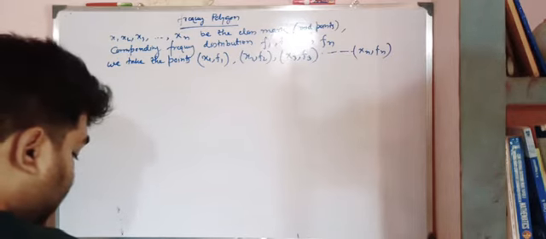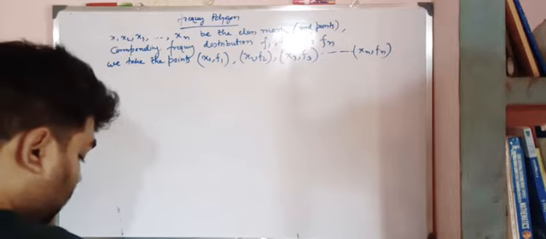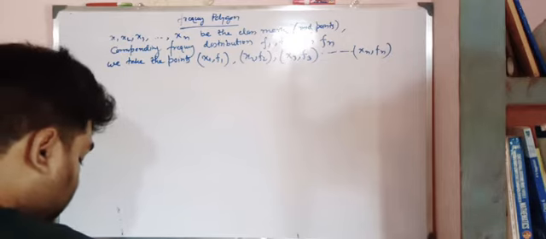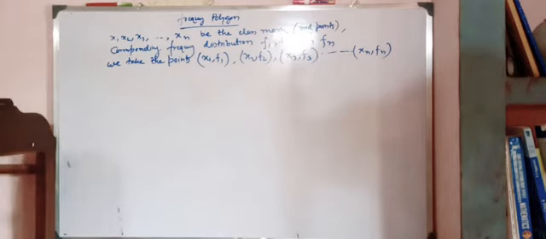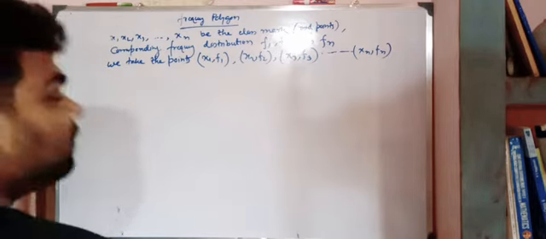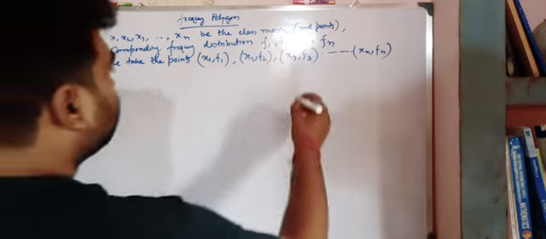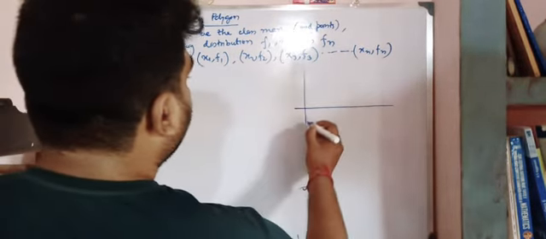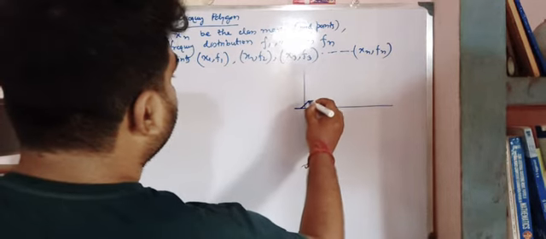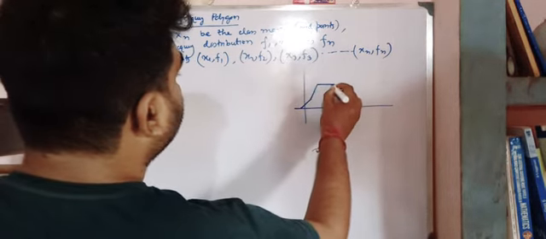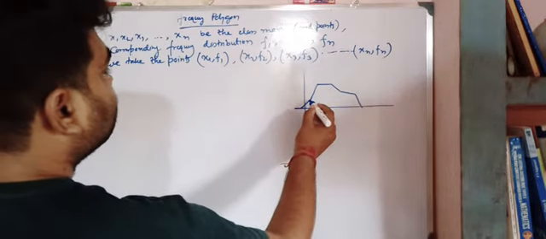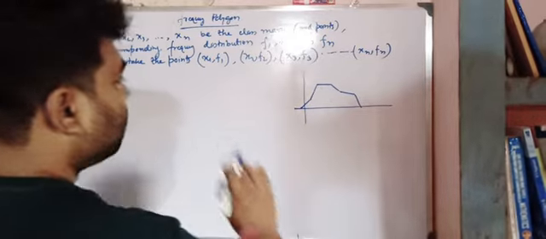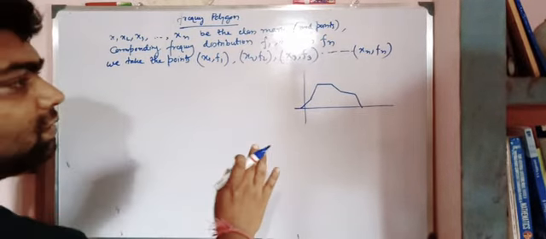Taking two or more classes is called the imaginary class. We form a polygon by taking two more classes, that is, two extra classes to complete the frequency polygon. Suppose we draw on a graph page: this, next this, next this. As we can see, these are a combination of line segments joined together.